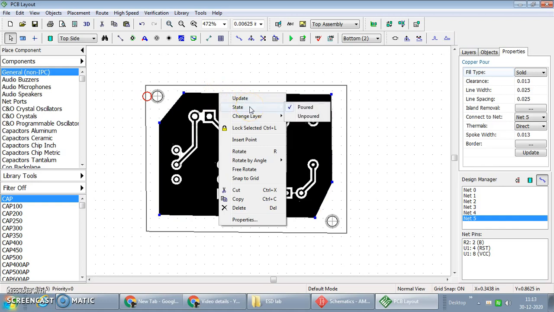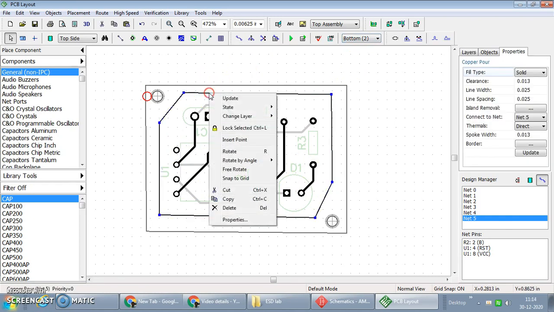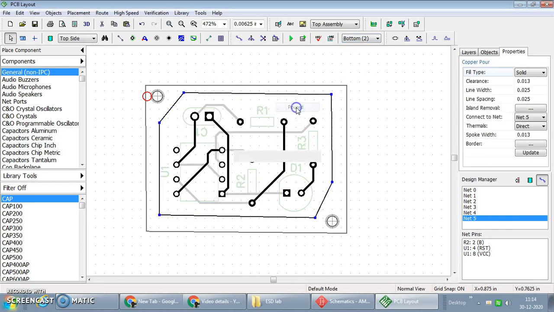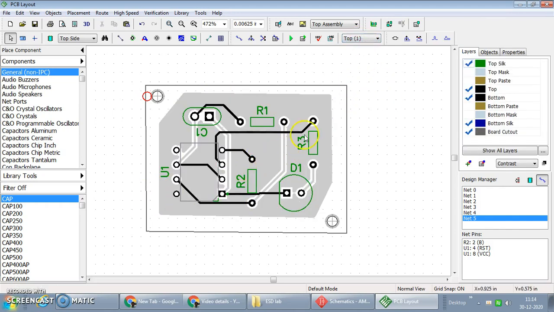Update. Now if I make this state unpoured, then the bottom side looks like this, wherein only tracks 1 to 5, that is 1, 2, 3, 4, 5 tracks, are placed with the copper material. So let us change the status to poured onto the back side or the bottom side, and this is the top side. Now we are ready with the PCB layout. This we need not pour separately, it is already showing copper material with the blue color.